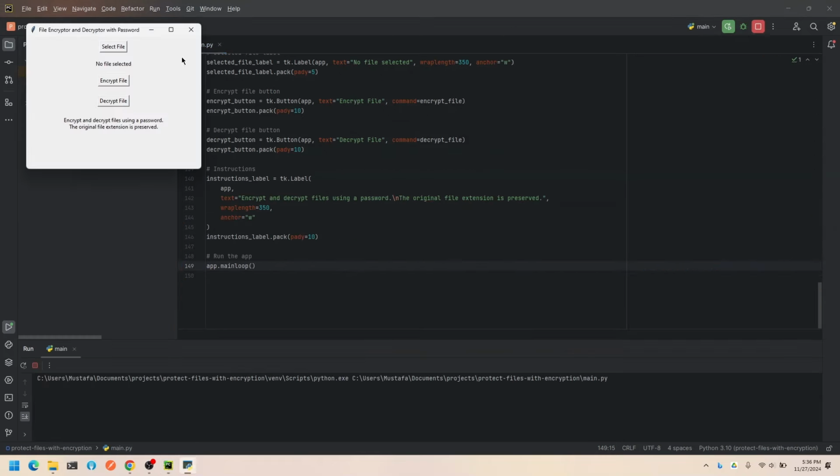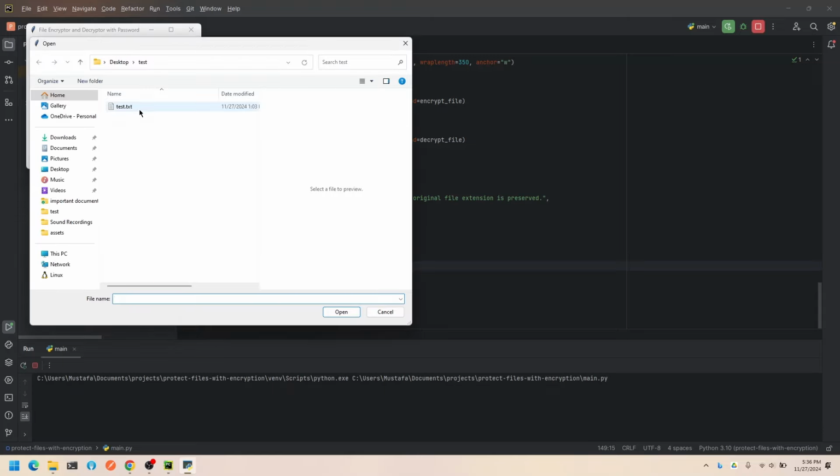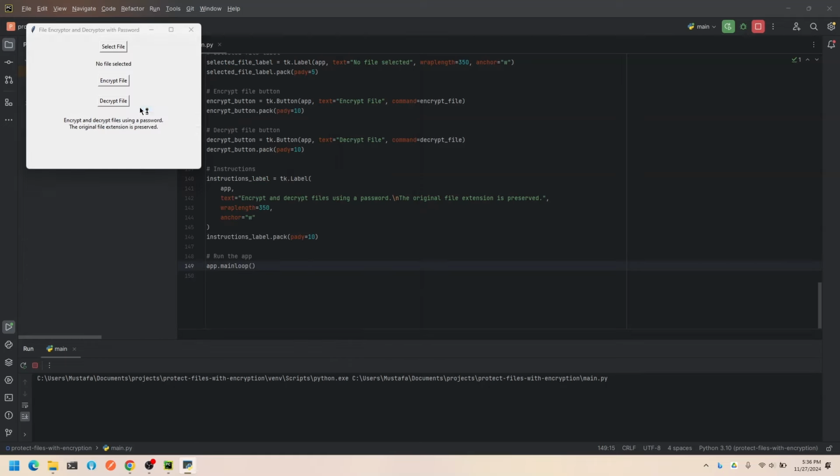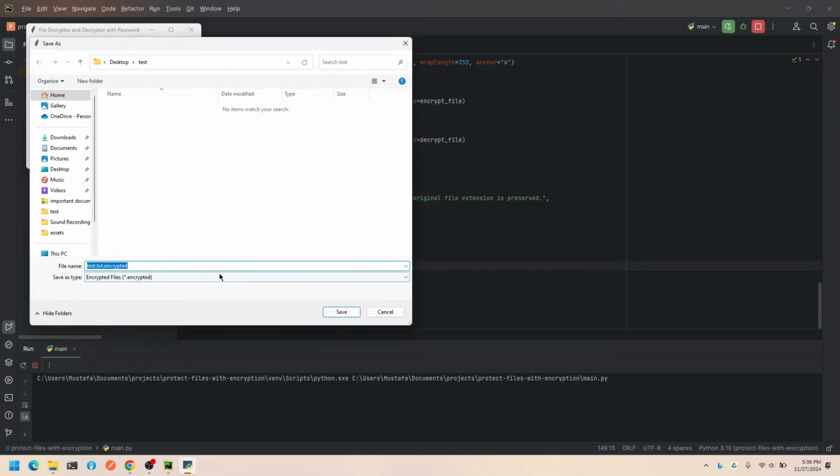Let me just show you how it works. First things first, select a file to encrypt. Then click on the Encrypt File button and give a password for encryption. And choose a location to save the encrypted file.